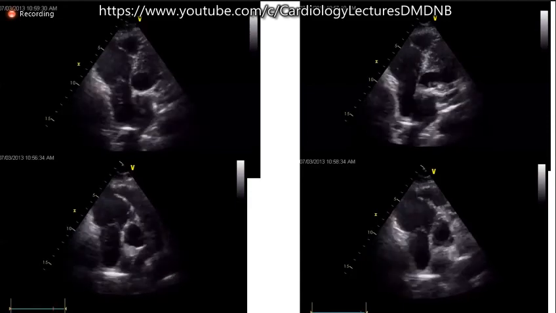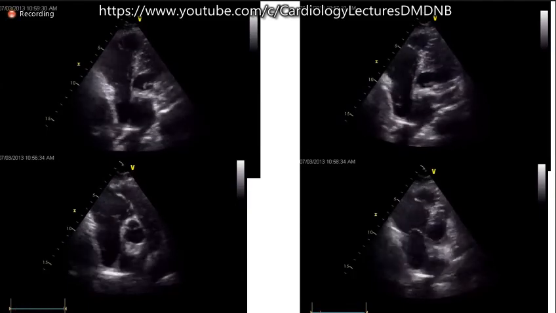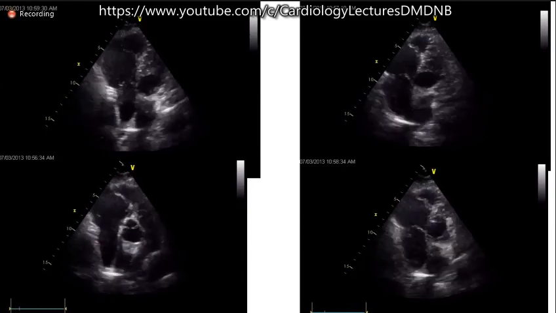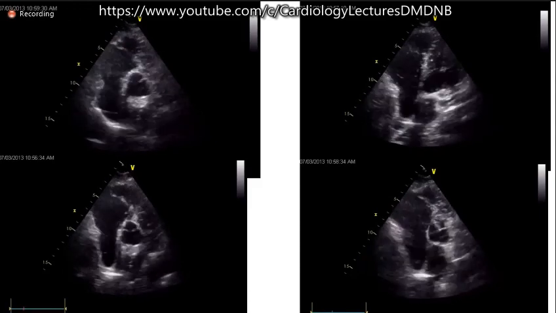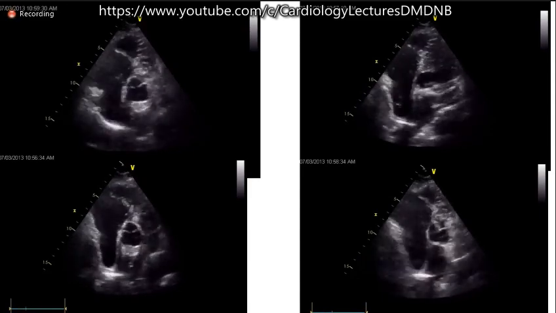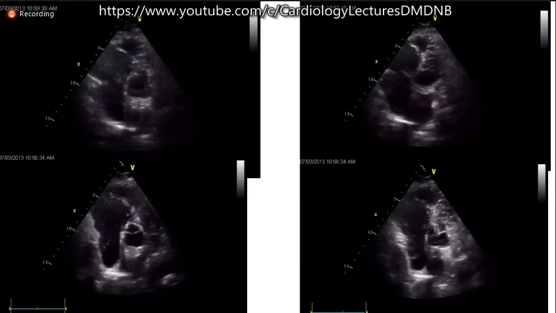So the right atrium is full of structures which sometimes can mimic a tumor. One is the Eustachian valve. The other is the crista terminalis. These are two structures which can definitely confuse you. So be careful that sometimes a normal structure in the right atrium may mimic a tumor mass. I think we'll stop at this level.